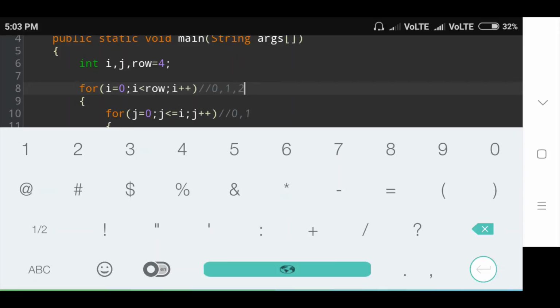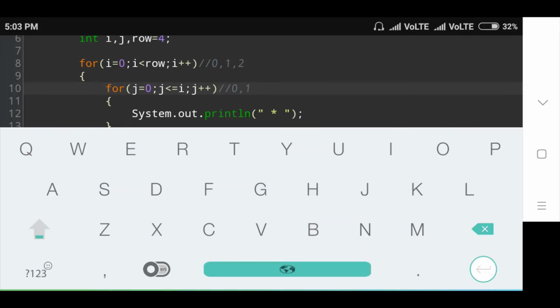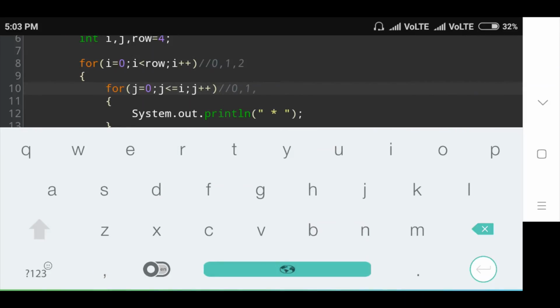Then check whether i is less than the row value or not. I value 2 is less than row value 4, so here the condition is true. Then go to the j for loop. In this for loop check initial j value is 1, then increase j value by 1, j value is 2.